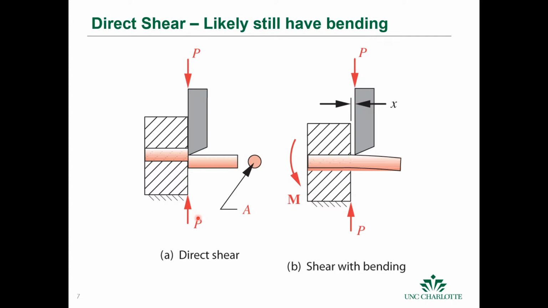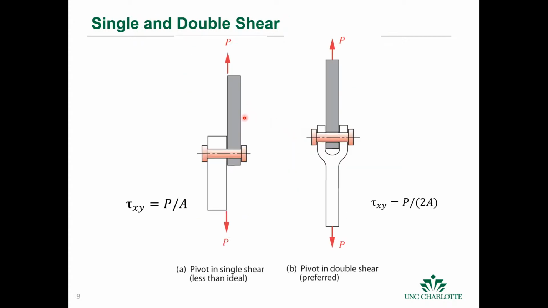And direct shear is just the force over the area. Okay, but in reality, it's almost impossible to have this loading condition because you'll have some gap here, and if you have some gap, then you don't exactly have direct shear, but you also have some moment as well that's going to be applied to that. But this is direct shear. This shows up in pin joints and pin and clevis joints like this.